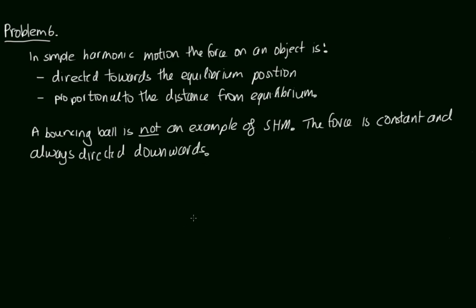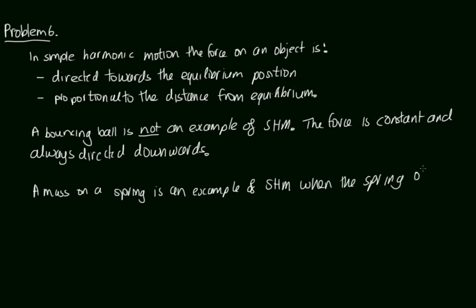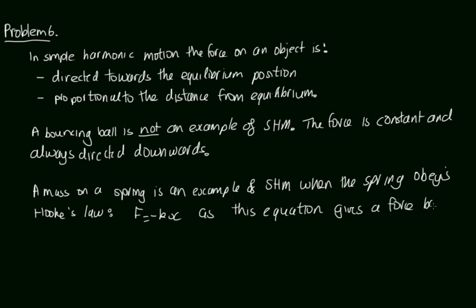And then we're asked about a mass on a spring. So a mass on a spring is an example of simple harmonic motion when the spring obeys Hooke's law, which is F is equal to minus kx, and that's because this equation gives a force back towards the equilibrium position, as we've got the negative x there, so the force is directed in the opposite direction to the displacement,